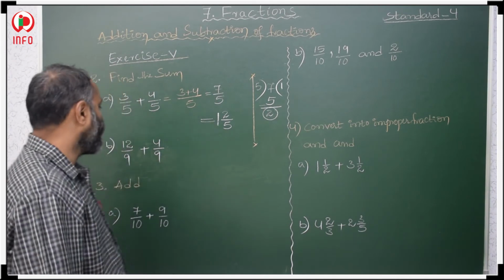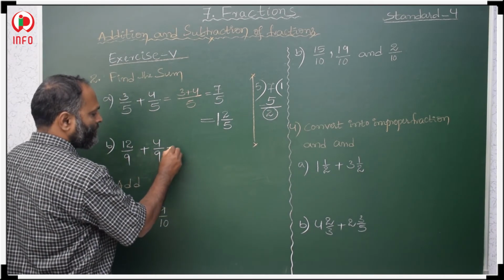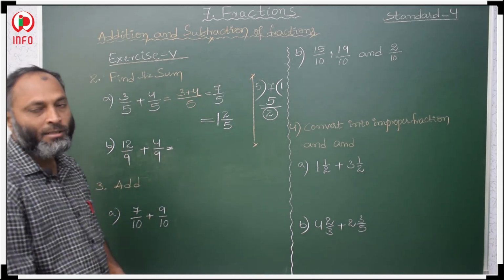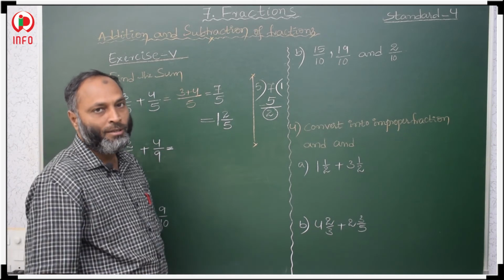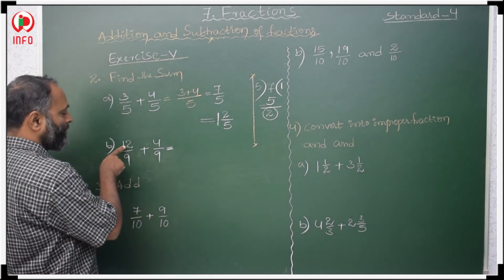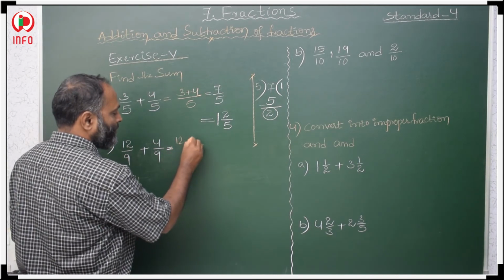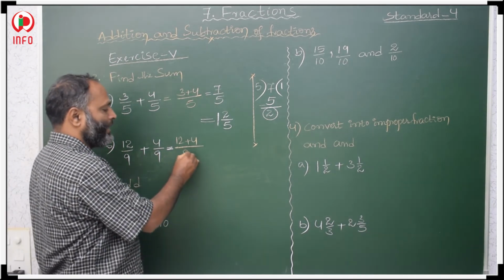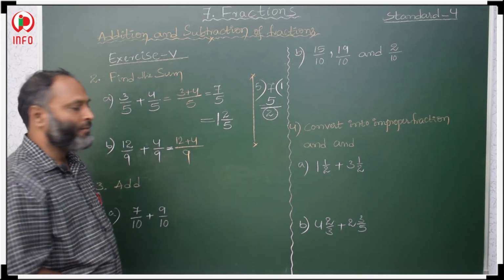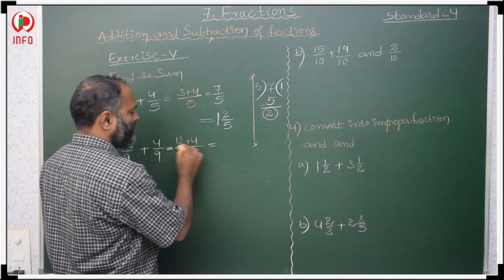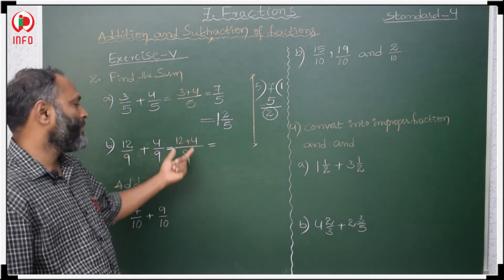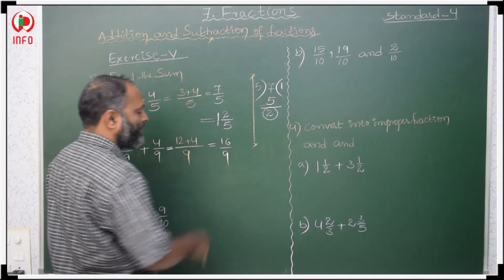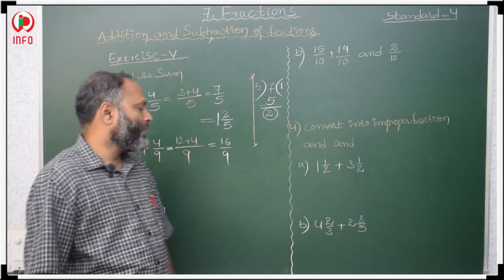Okay. Then after that, here these are like fractions. Then how to add like fractions? First we have to find the sum of numerators. Sum of numerators 12 plus 4 divided by the common denominator. The common denominator is 9, so we take it one time. Then 12 plus 4 is 16, 16 by 9. See here, this 16 by 9 is an improper fraction.